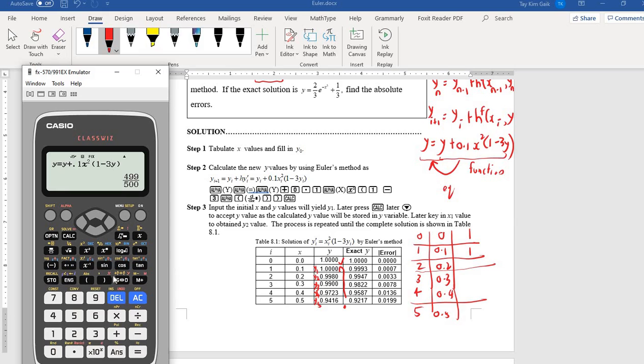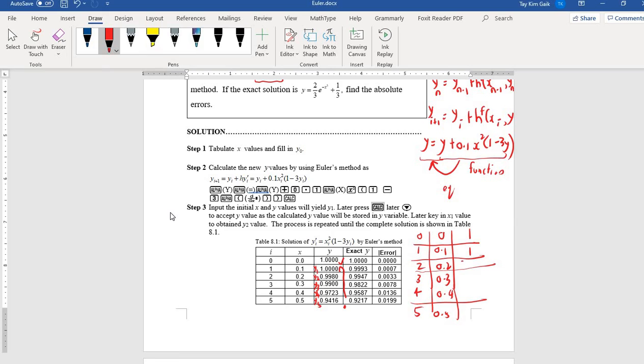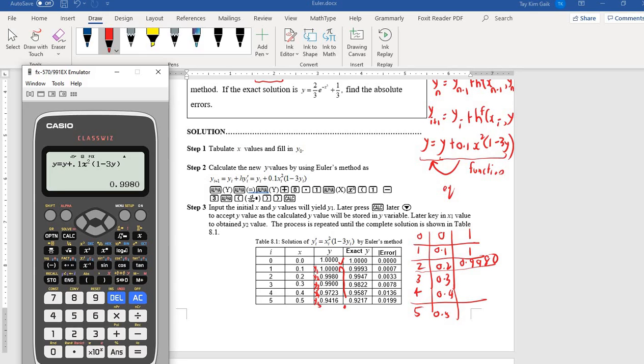Equal one more time. So you get 0.9980. The pointer you get 0.9980. Okay, and then